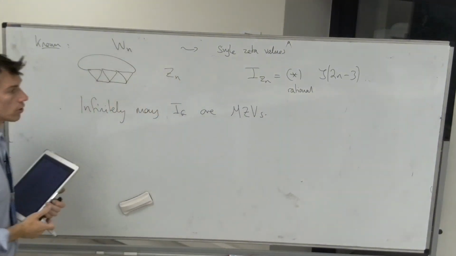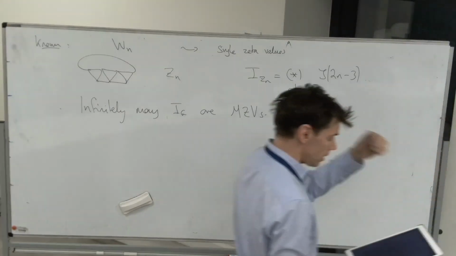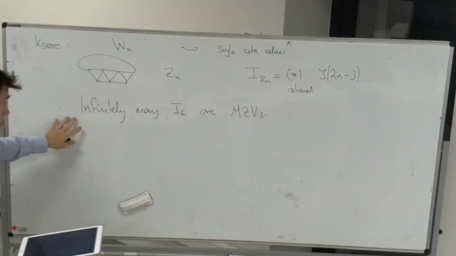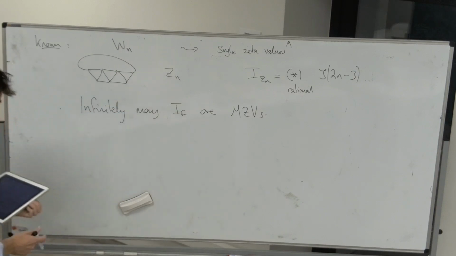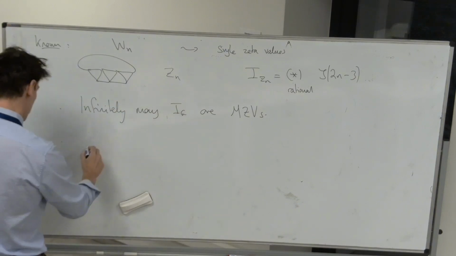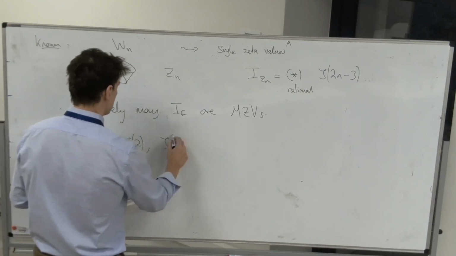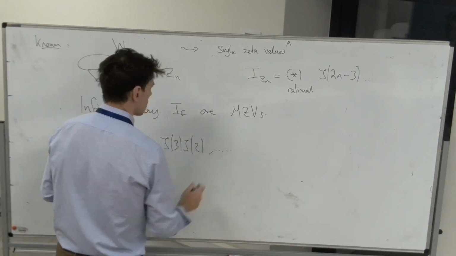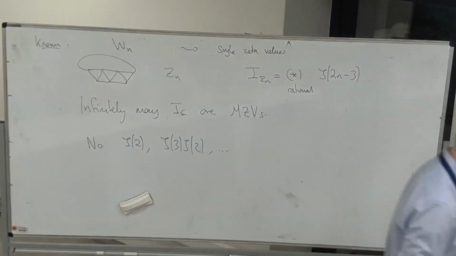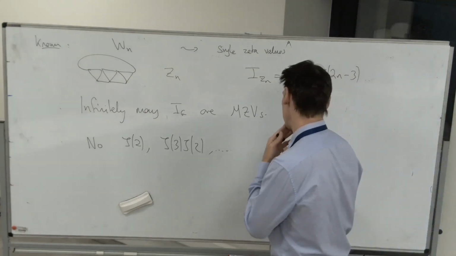And it was conjectured for a long time that all these integrals should always be multiple zeta values. There are many, many, many examples of multiple zetas, and you can prove there's an infinite class which are multiple zetas, but not all multiple zetas occur. So you never find any zeta of 2. There's never any zeta 3 times zeta of 2, etc. So it's a very strange family of numbers, and we don't fully understand